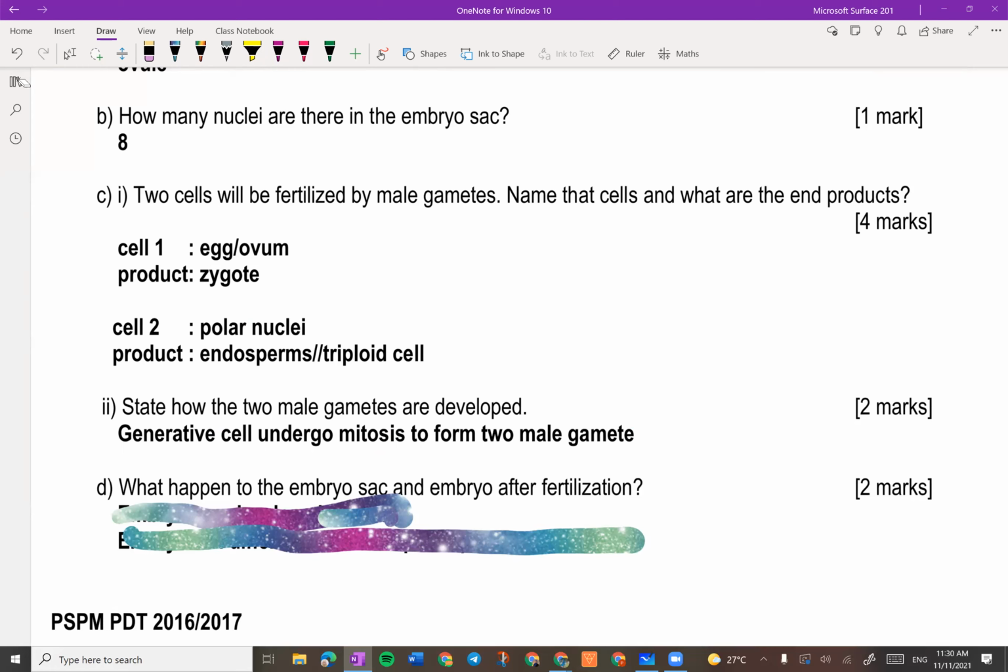What happened to embryo sac and embryo after the fertilization? So one mark is for embryo sac, one mark for embryo. If it is like this, okay, 2 marks, right? So what happened to the embryo sac? It will develop into seed. Okay, whereas what happened to the embryo? It will develop into